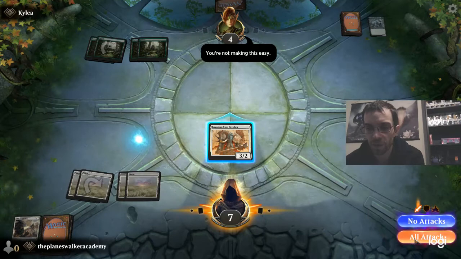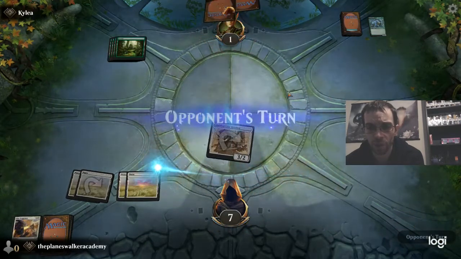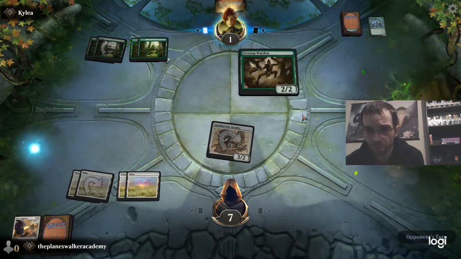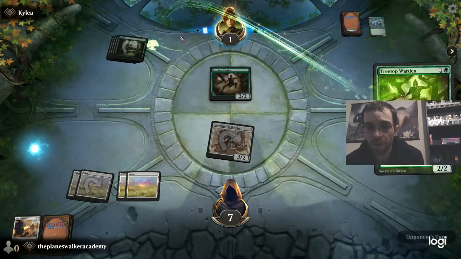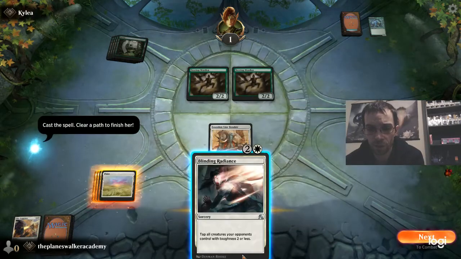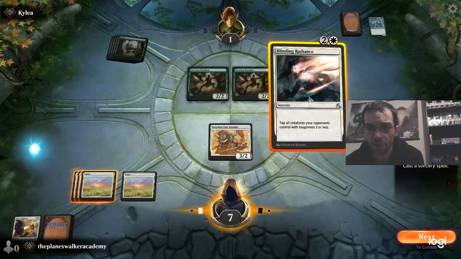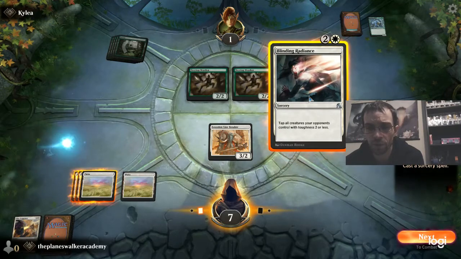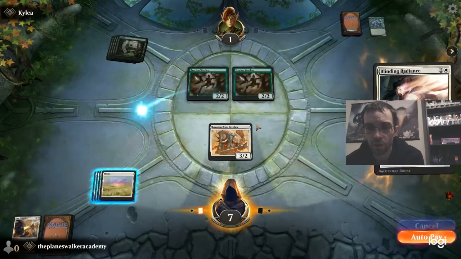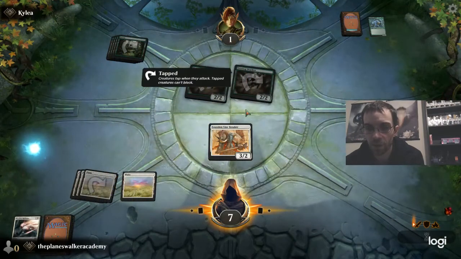Now we're going to make our attack, since our opponent has no blockers. But now they're going to make up a wall, paying 2 creatures. What did we draw? This sorcery is going to say tap all creatures your opponents control with toughness 2 or less. So this should tap down both of their creatures, letting us get in to reduce our opponent's life